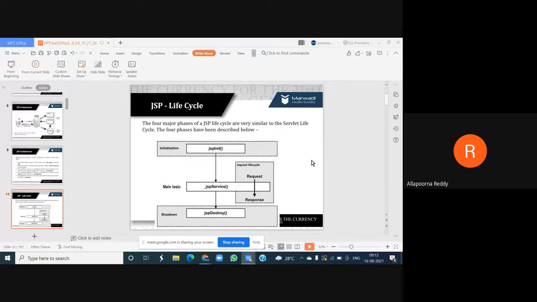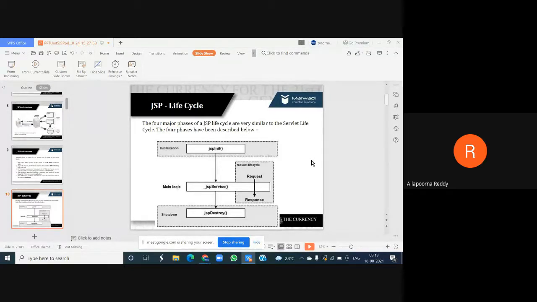In the same way, the JSP service provides a service for the request coming from the web client, handling that request and generating the responses. That happens in your JSP service method.